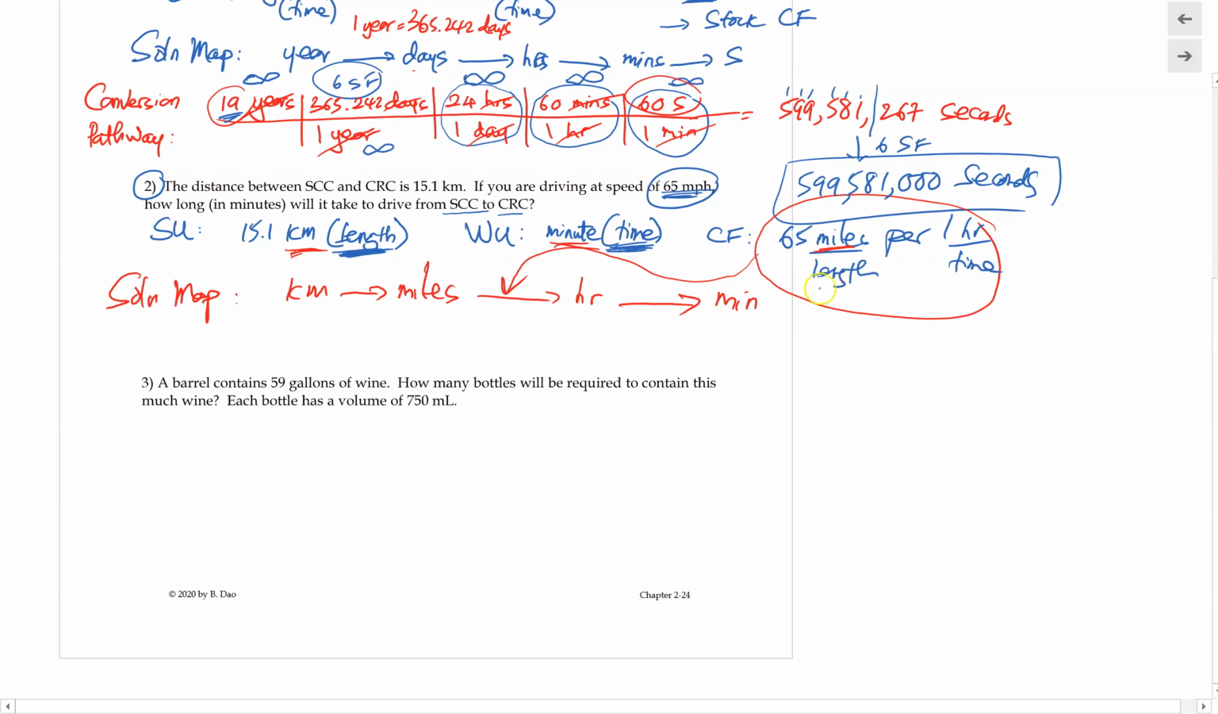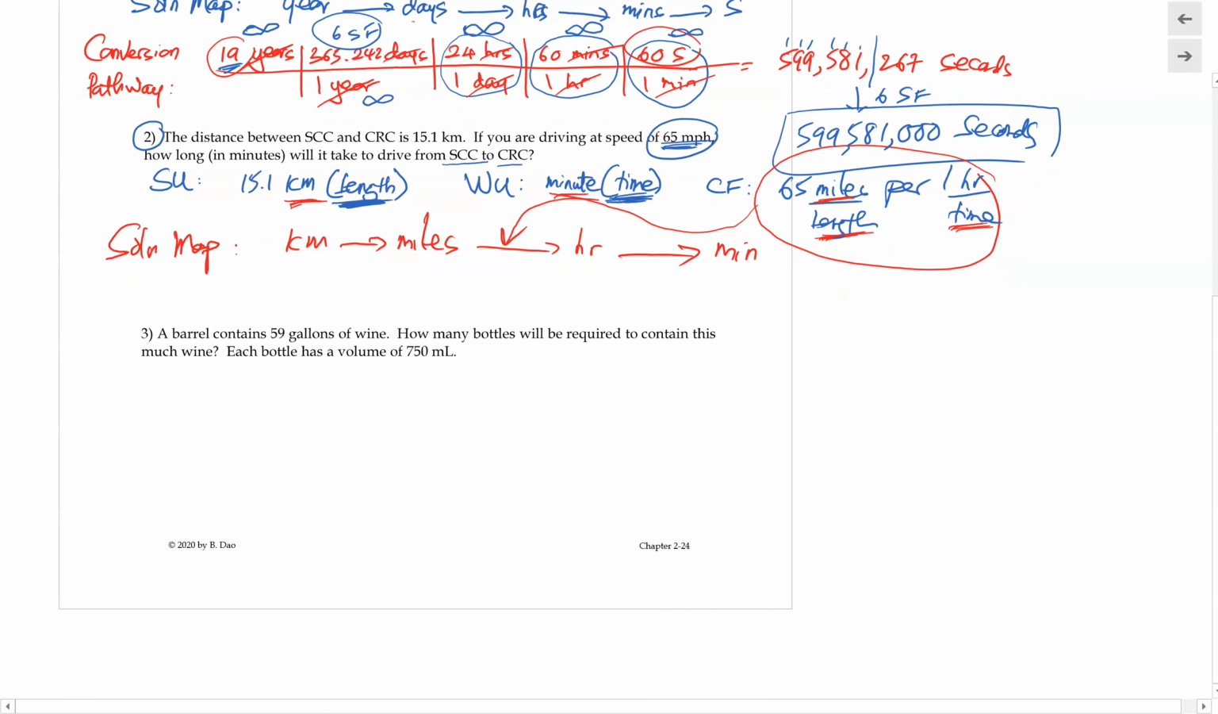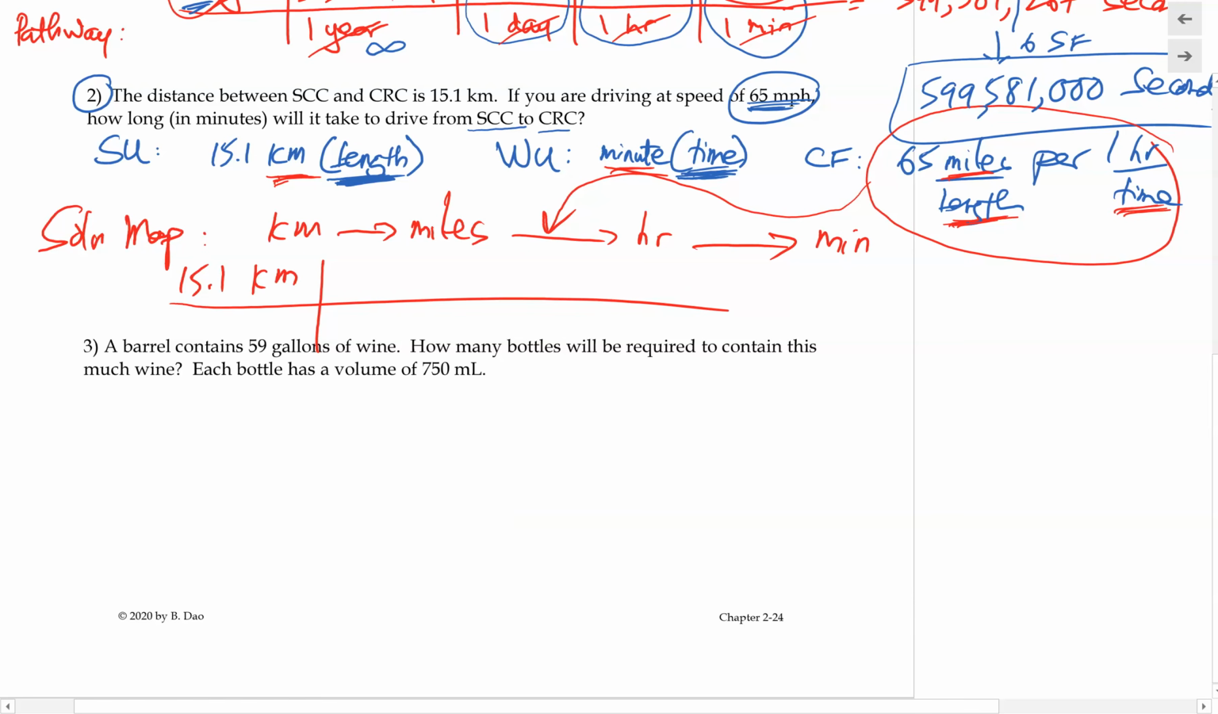So it's very important that we identify the conversion factor, and as a result, check that it has the right unit of this physical quantity compared to our starting and wanted unit. And if the units are not the same, then that tells us what we need to convert. And now finally, let's set up the conversion pathway to solve this. We would start with 15.1 kilometer. And the first thing that we need to do is convert kilometer into mile. The conversion factor between kilometer and mile is 1 kilometer equals 0.6214